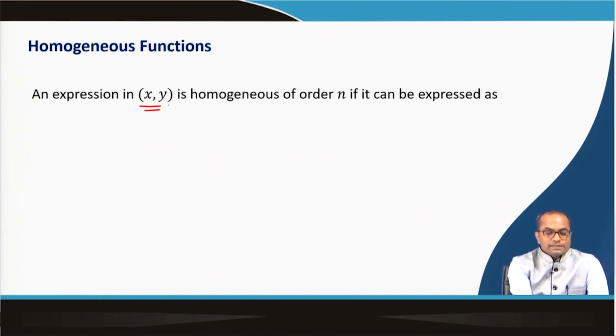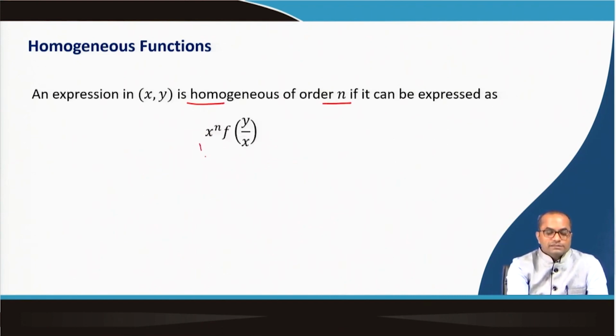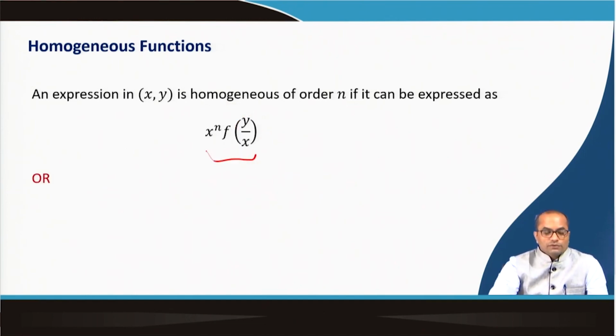An expression f(x, y) is homogeneous of order n. So, the order is defined for these homogeneous functions. We call this homogeneous of order n if that function can be expressed in this form: x power n times f of y over x. So, this y over x is important. If we can express a given function in this form, we call it a homogeneous function of order n,